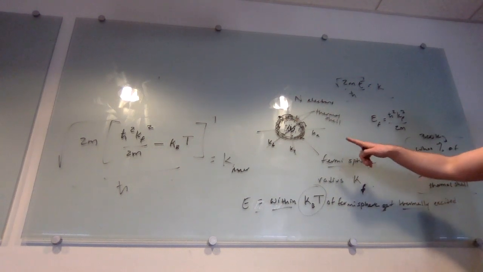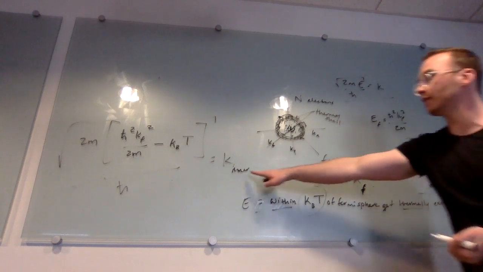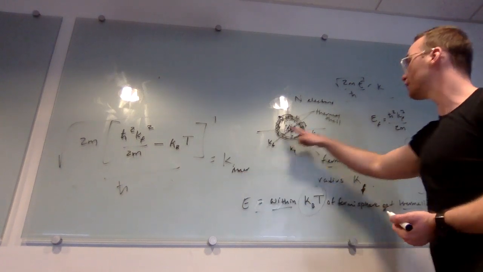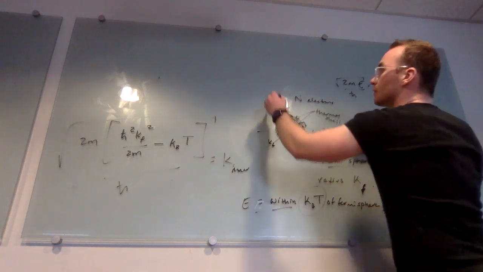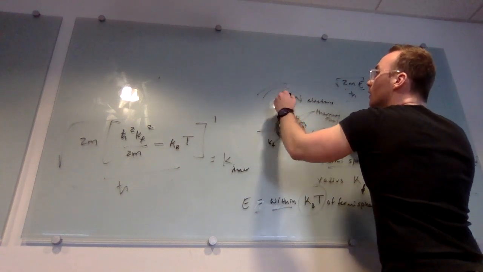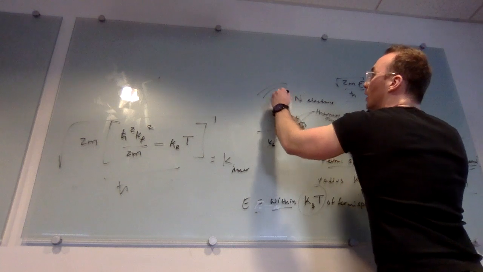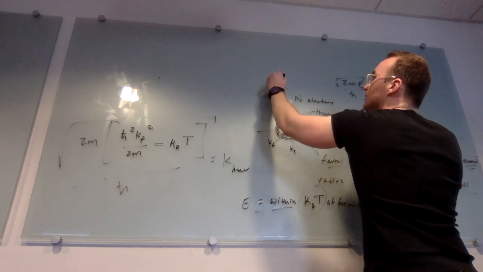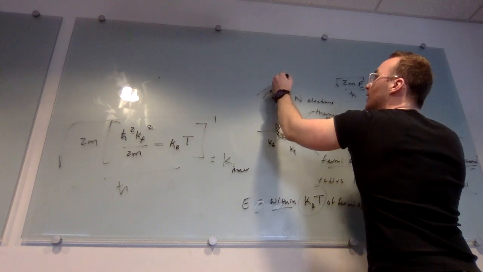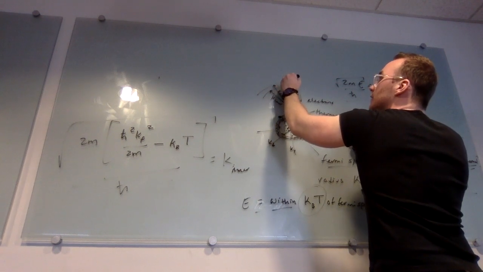So we know the radius of the inner one is K inner. The radius of the outer one is Kf. Right? In other words, let's draw a cross section. So here's K equals 0. This radius is K inner. This radius is Kf, and therefore the difference between them is K